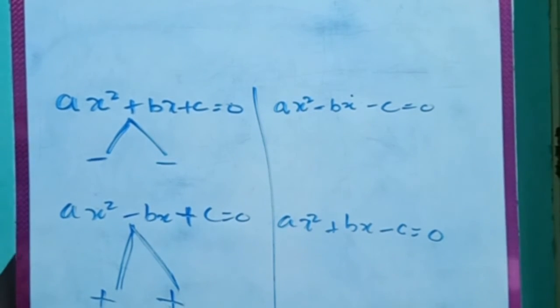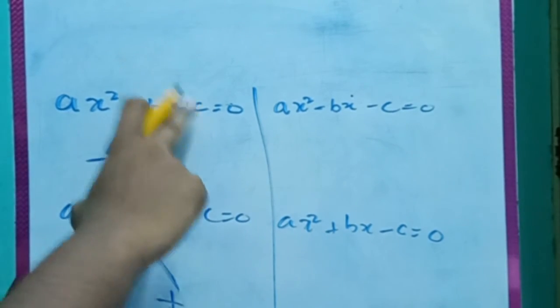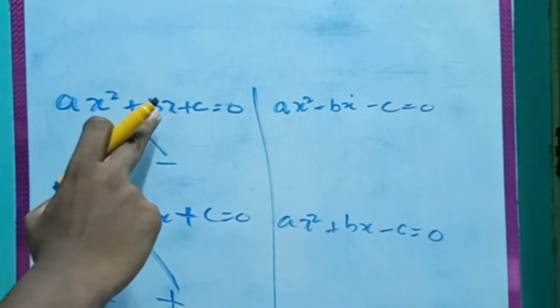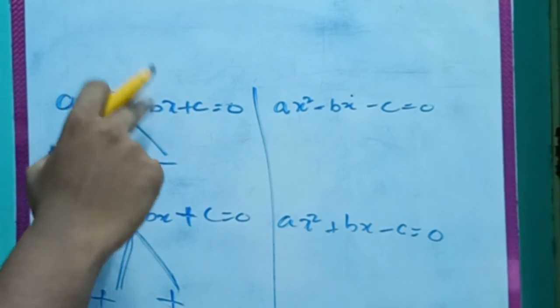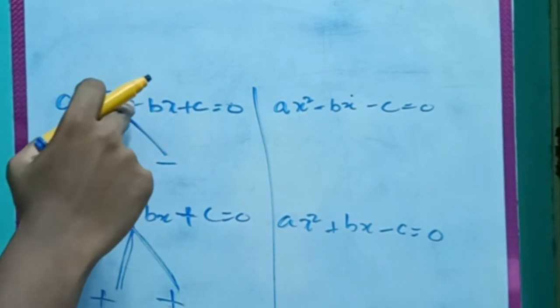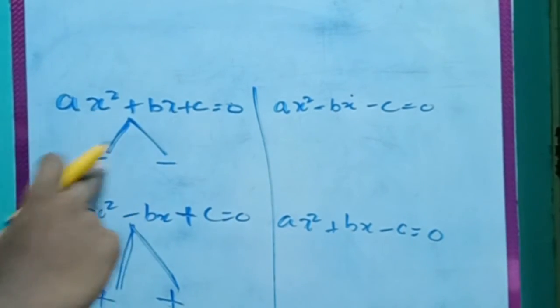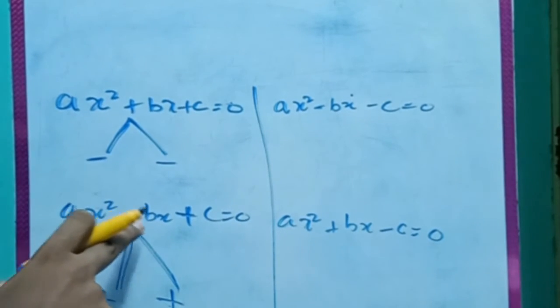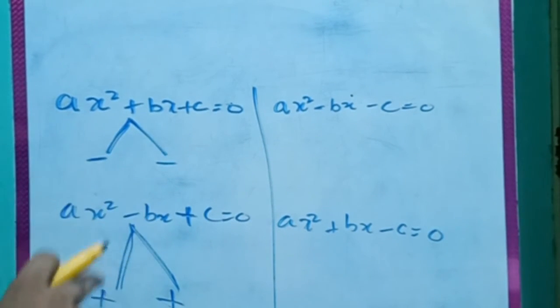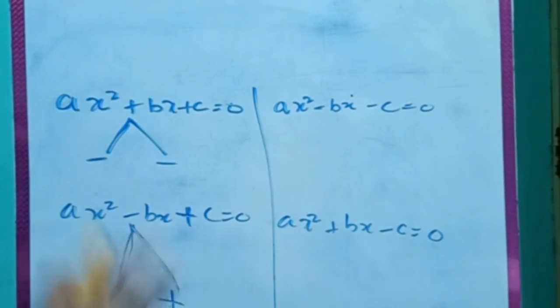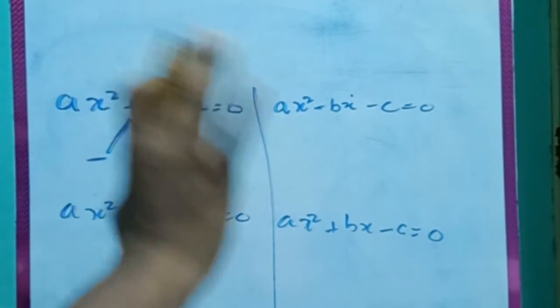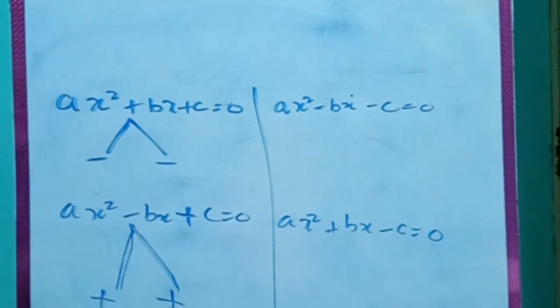I hope you understood this. Please try to understand, this is very important. Sign plays a very important role, guys. You have to understand the sign convention anyhow. If there is a plus in front of c, always make sure the signs will be the same. If there is a plus in front of b, the opposite sign of plus is minus, so you will get minus. If there is a minus in front of b, the opposite sign of minus is plus, so you will get plus. And because there is a plus in front of c, the signs are the same. I hope you understand it. Rewind my video and watch again and again, you will definitely understand.